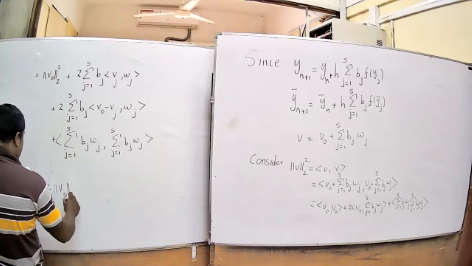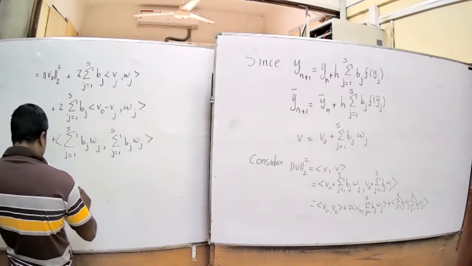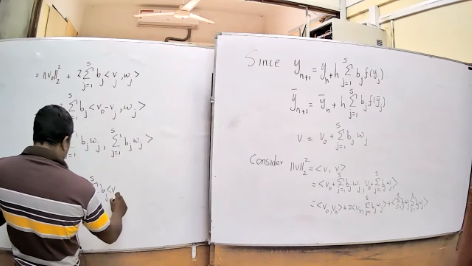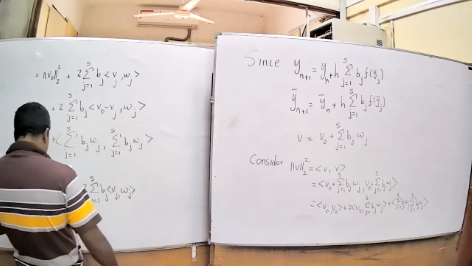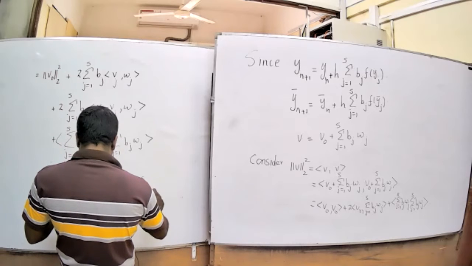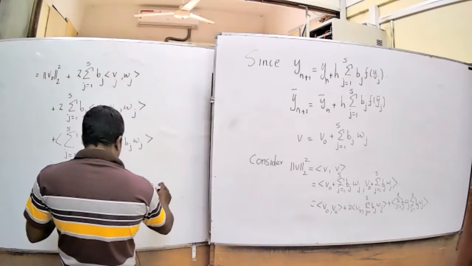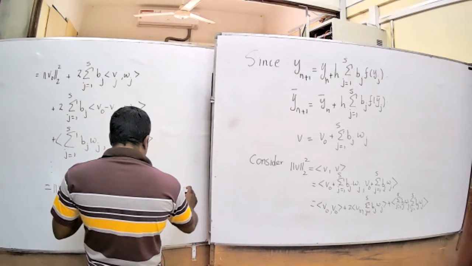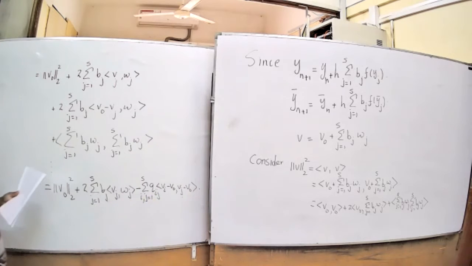So it's going to be V naught norm squared plus 2 times the sum from j equal to 1 to s of bj times Vj comma Wj, minus the sum over i comma j running from 1 to s of Qij times Vi minus V naught comma Vj minus V naught. Okay, so when you do the substitution and simplify, you get this, right? So this form, right? So now,